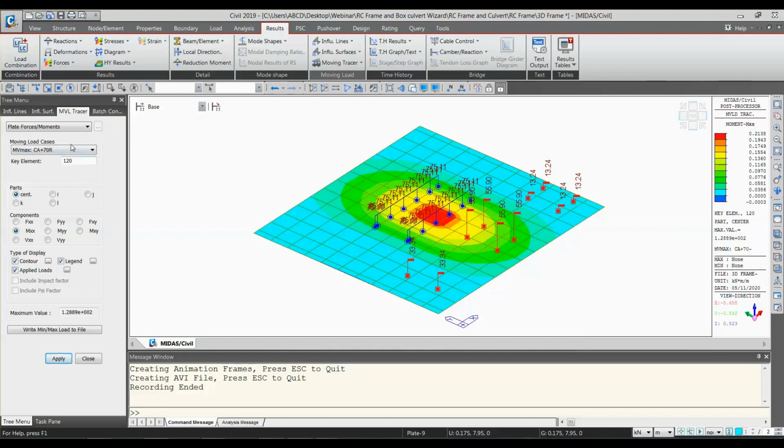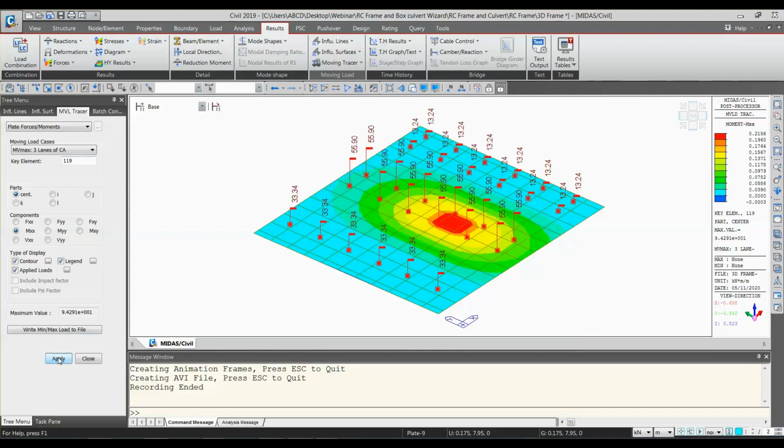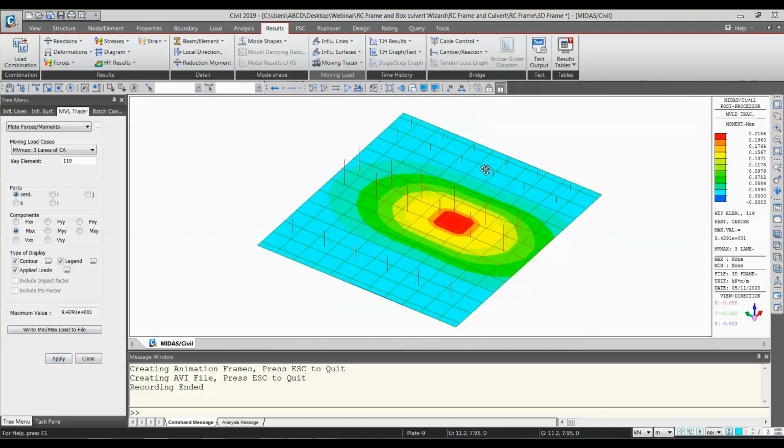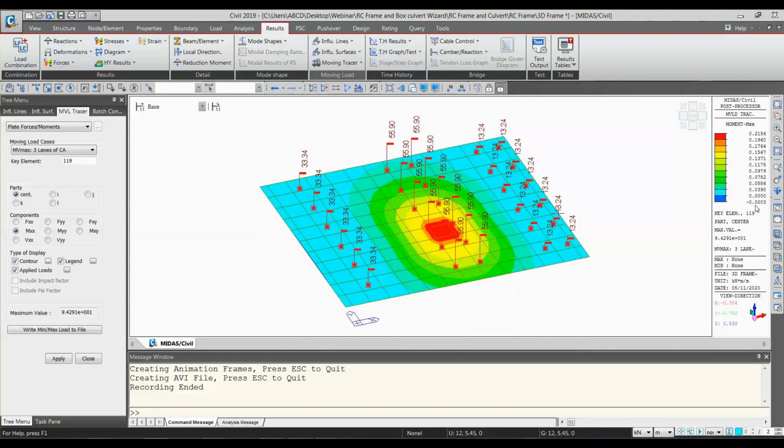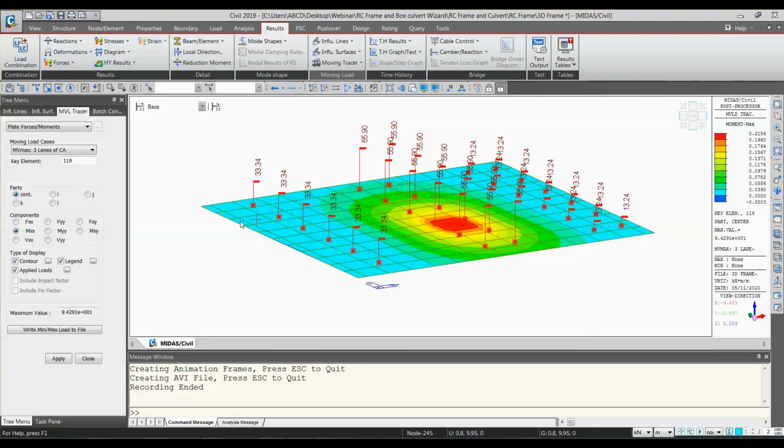Now similarly we will see the class A lane. I will give 119 and apply. So this is going to be our class A MV max vehicular position. This is going to be the wheel location.